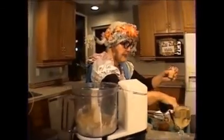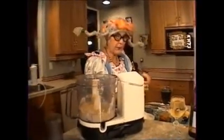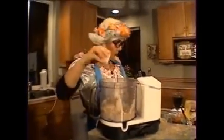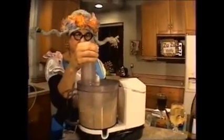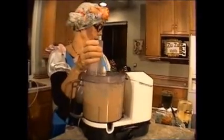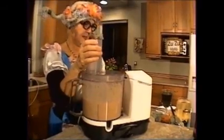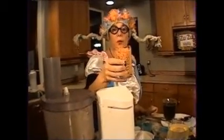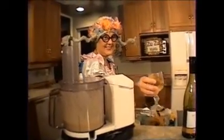We're going to put in 2 heaping tablespoons of Dijon mustard. And we're going to put in a 1/4 teaspoon of nutmeg and a teaspoon of salt. And we're going to blend this around. Mix it well. We also have 1 cup of the shredded rice cheese of your choice, and we add in this special ingredient: